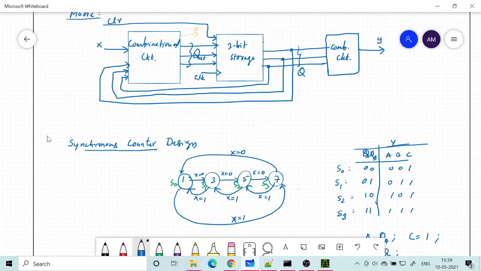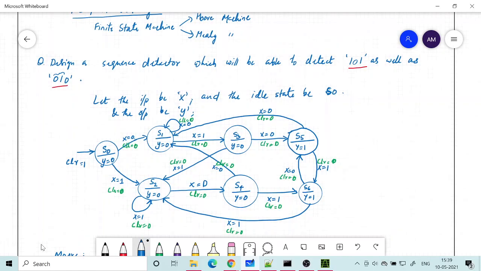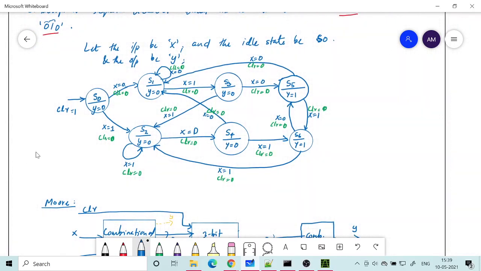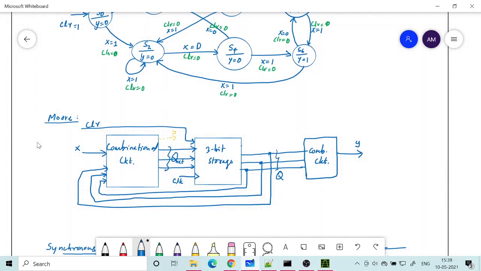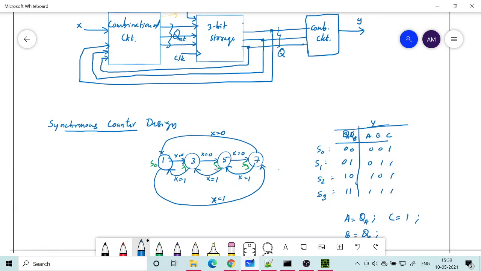So don't think that you have not done counters, and then in the exam a counter comes, and you say that this was not given as an experiment. If you know FSM, a counter is an FSM. All you need to know is how to draw the state diagram, and then according to the prescription given, how the count changes, you design your hardware. Okay, so that is all for today.